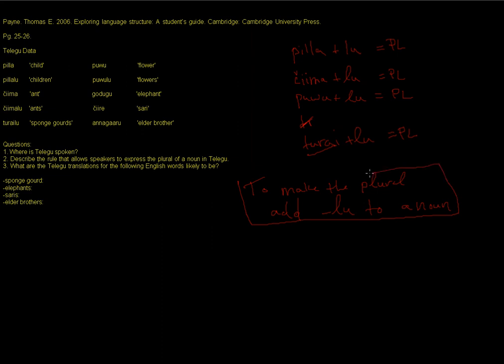Write a rule. There are other ways, more formal ways to write morphological rules, and we'll talk about those another time. But writing them in prose and just making a sentence explaining how to answer the question is perfectly okay, and sometimes it's the only option. Now let's go back to 3. We started doing that here with the analysis of sponge gourds, where we automatically said that lu must be plural, and so we can answer sponge gourd must mean,